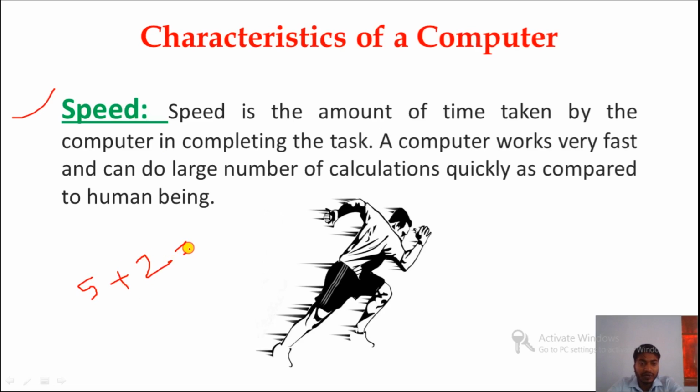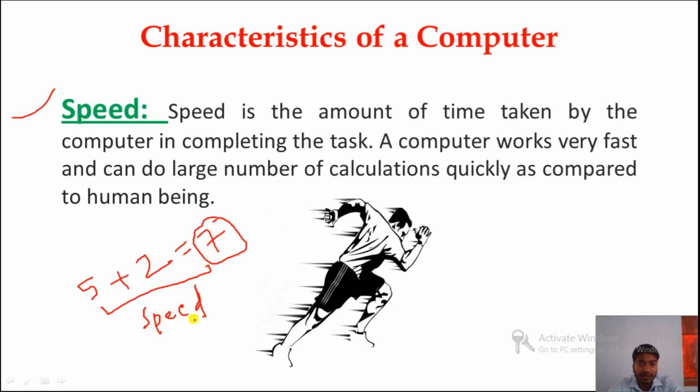The moment you press the enter button, you will get the result 7. So what is speed here? The total time taken by the computer to give this result, that is only speed.